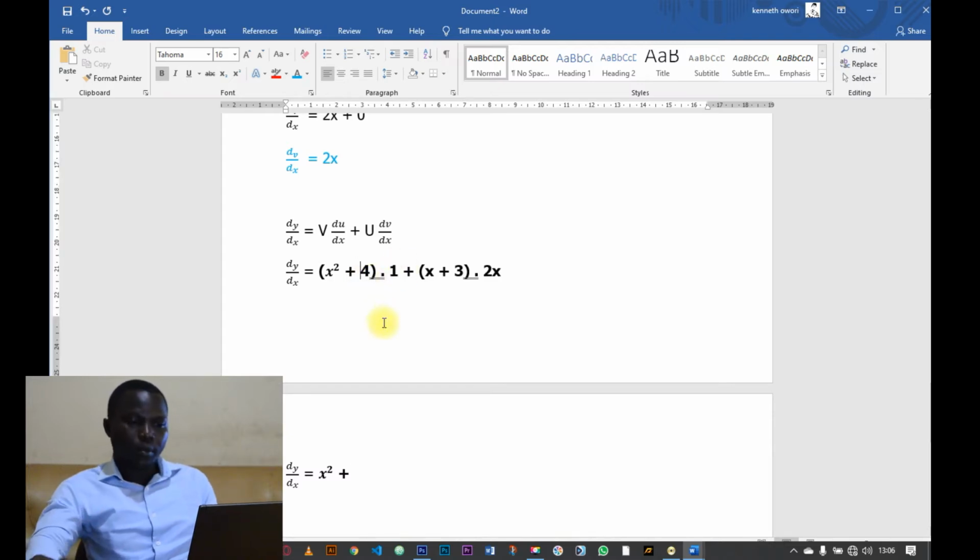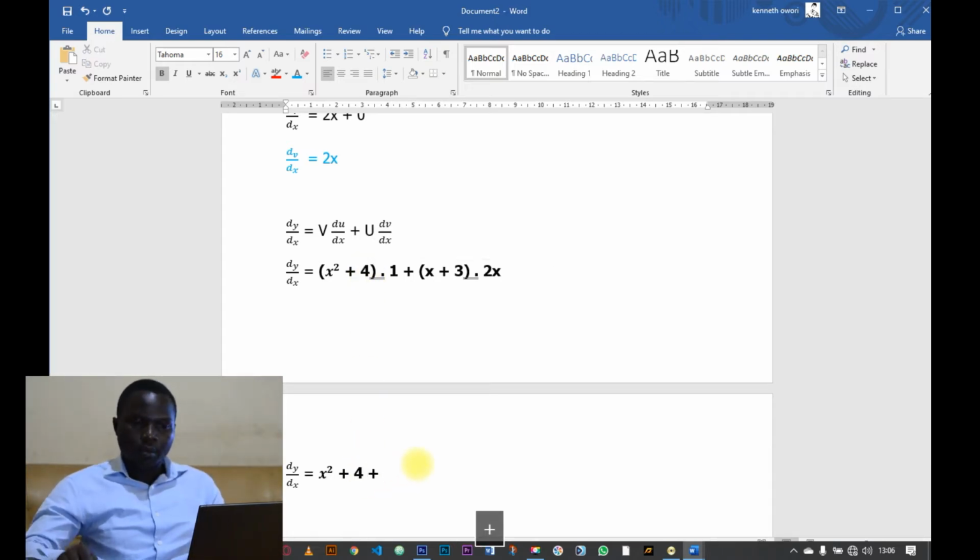We are trying to open brackets. The values which are outside brackets multiply every variable in brackets, and that's what we are doing. We began by multiplying this 1 by x squared. We got x squared. Now we are multiplying 1 by 4, and we are getting 4